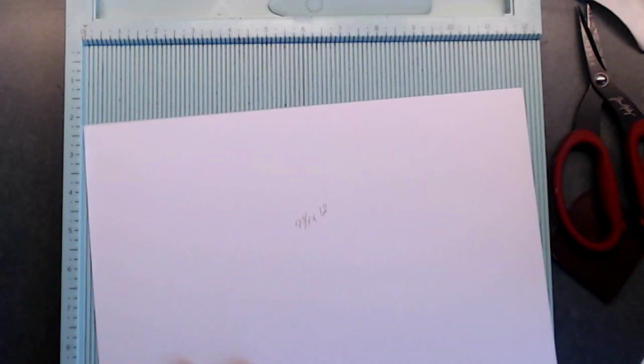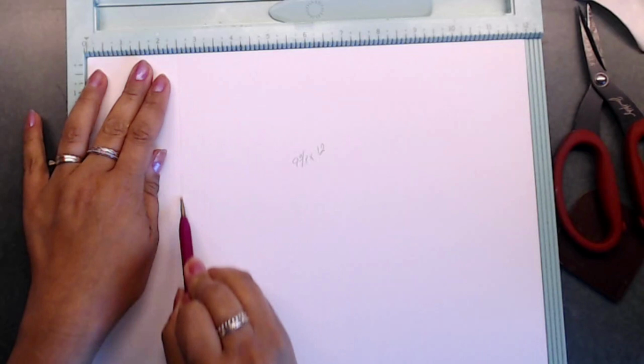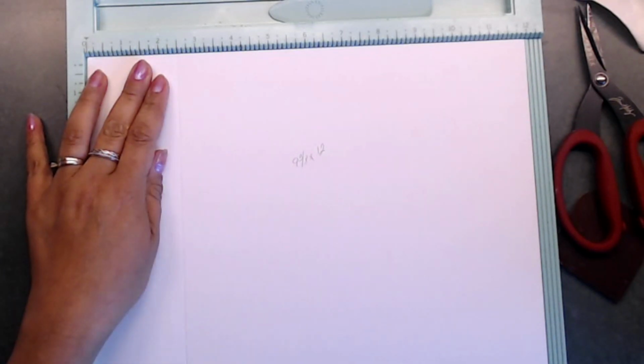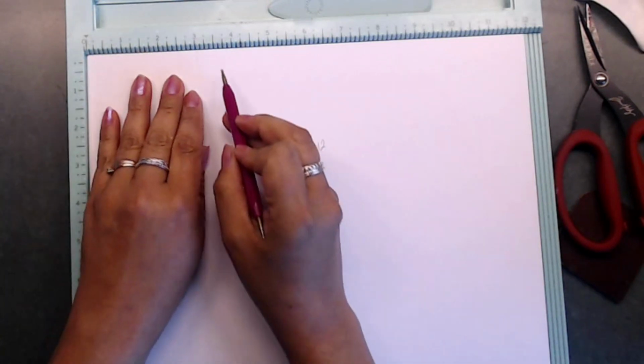All right, y'all, so now we're back. So we're going to go ahead and start our hinge. And you are going to need a piece of paper that is 9 3/8 by 12. So we're going to go ahead and start that. And we're going to start at 2.5 inches. So 2.5, 3,